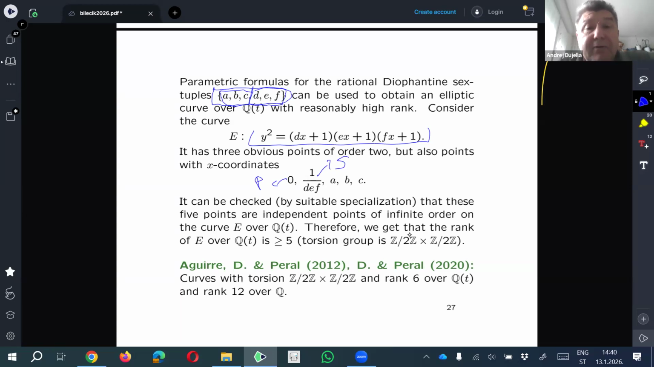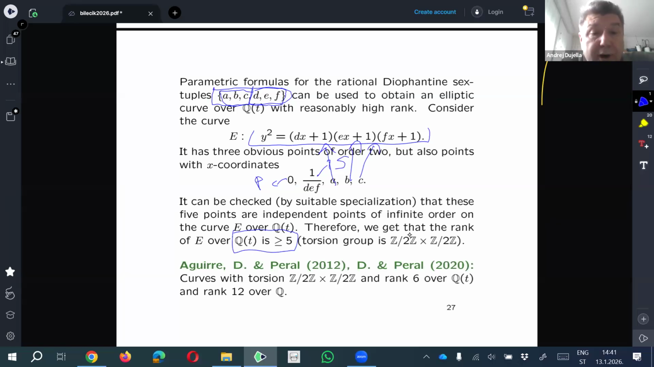But here we have 3 additional points, because this is a sextuple. Also A satisfies this equation, and B satisfies this equation, and C satisfies this equation. So almost for free, we obtain 5 points, which look like independent points of infinite order. And there are tools to prove it. And in fact, there are 5 points of infinite order, showing that there are elliptic curves over Q with torsion at least Z2 times Z2 and rank at least 5. It is not far from the current record for such curves,